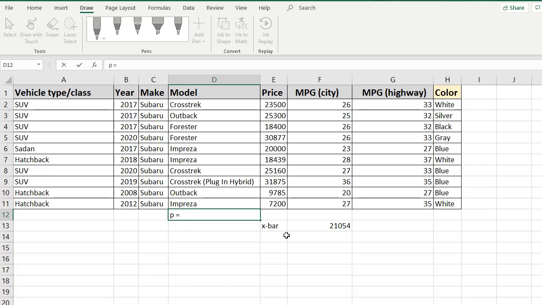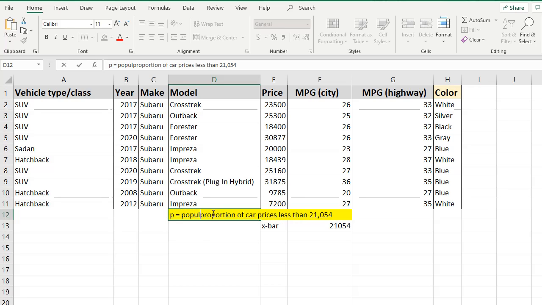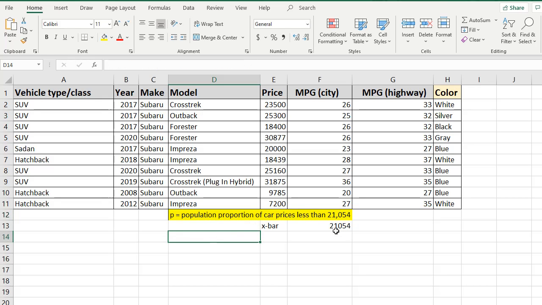All right, so I want to go ahead and define P. This is what I'm interested in right now. I'm interested in knowing the proportion of car prices less than $21,054. Okay, so that's my main interest right now. If that's the proportion of cars, this P would be the population proportion. Population proportion of cars that are less than $21,054. And of course we don't observe a population,